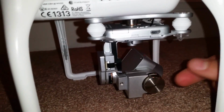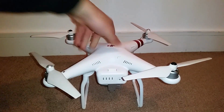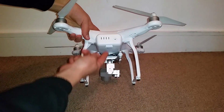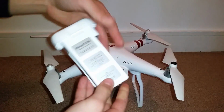Yeah, so I think that's it for the gimbal. And now we'll do the battery next, which is at the back here. The intelligent flight battery. To get this out there's a bottom thing there and a top thing. You just squeeze that and pull, and the battery is a